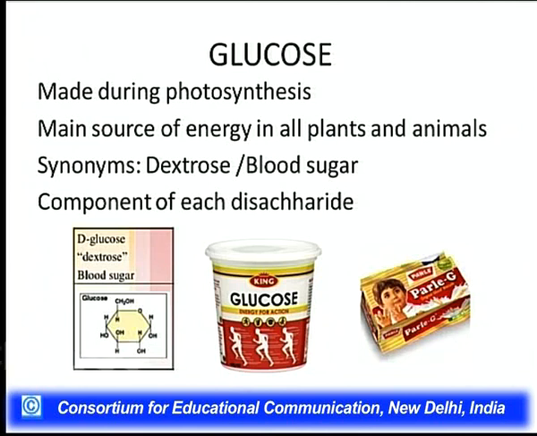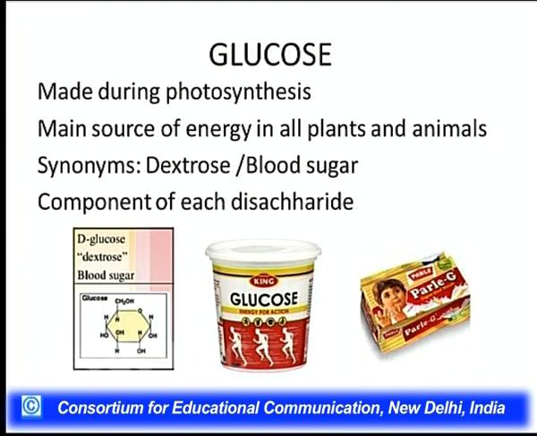That is, you must have visited some patient in the hospital, and then what we find is that sometimes he is put on a drip. That drip contains dextrose, that is glucose, because blood sugar is glucose, and if we put a drip of fructose or any other sugar, our blood will not accept it. And please remember, this glucose is a component of